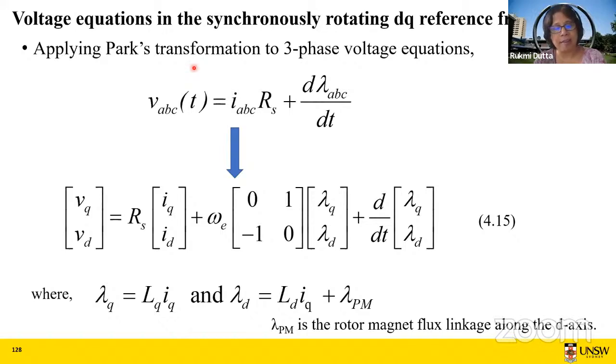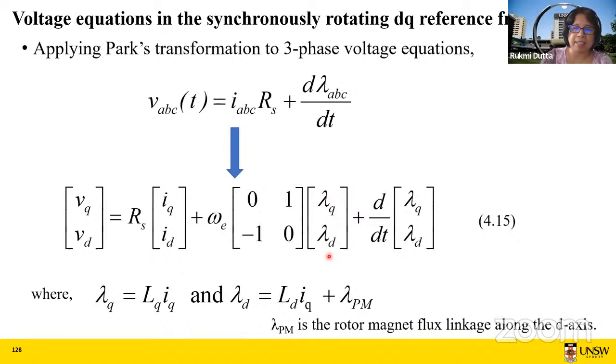Synchronous rotating frame is the most useful. So applying Park's transformation, and after doing lots and lots of maths, matrix manipulation, matrix algebra, at the end what you're going to get is your VQ and VD voltage equal to the current ID IQ times the resistance. This is a resistance matrix, remember, times the speed. This is your electrical synchronous speed